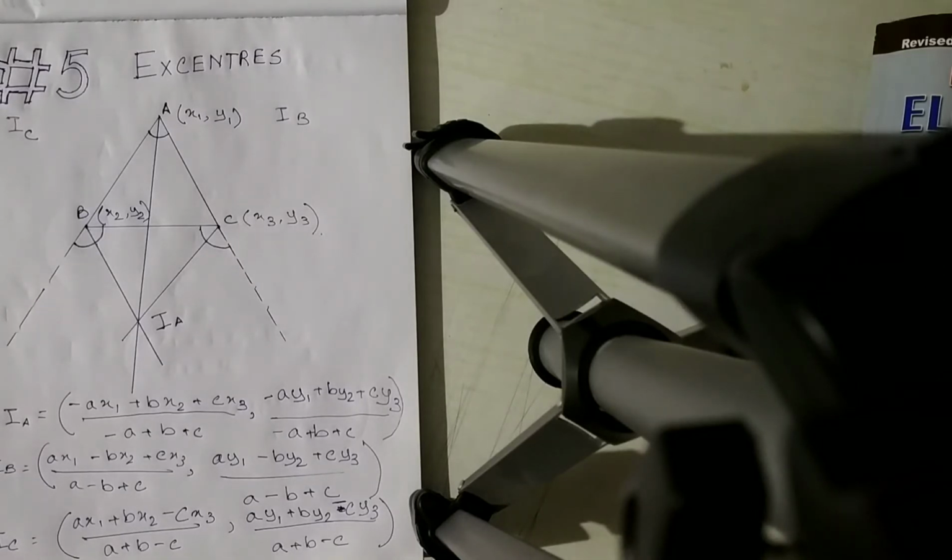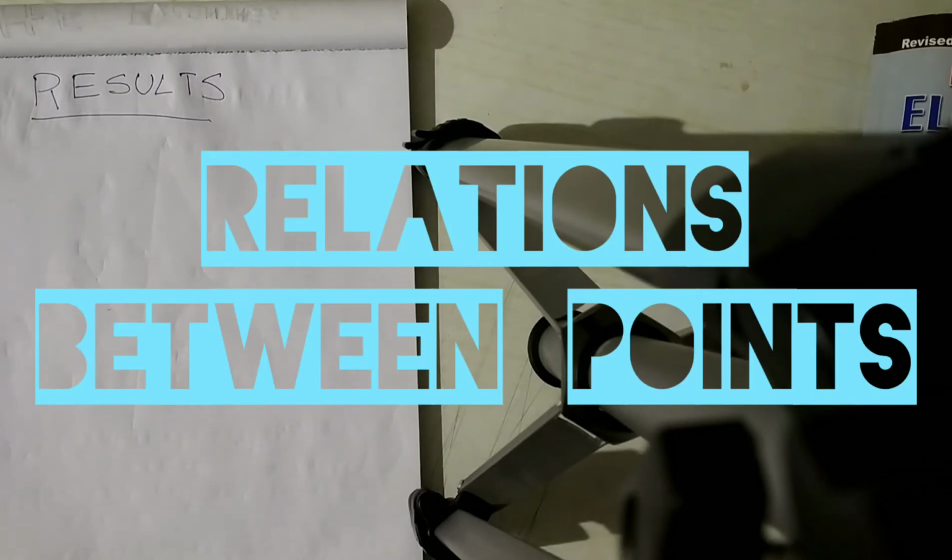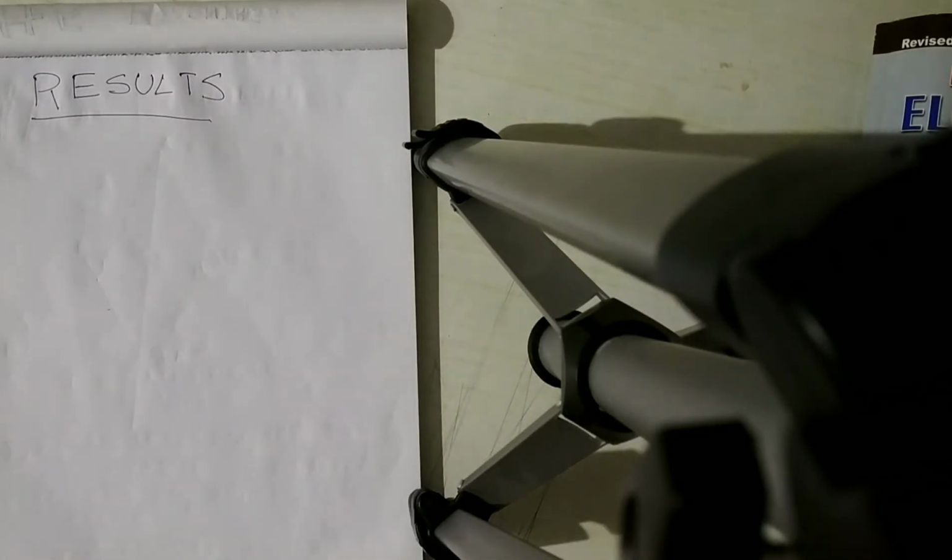So, next we come to the results that we can draw from these concurrent points. Now we arrive at the results. So, first and foremost, we have to know that orthocenter, circumcenter and centroid are collinear for any triangle, and they share a relation which is